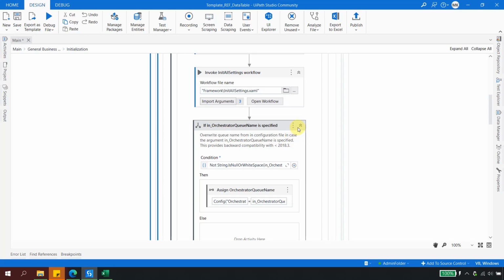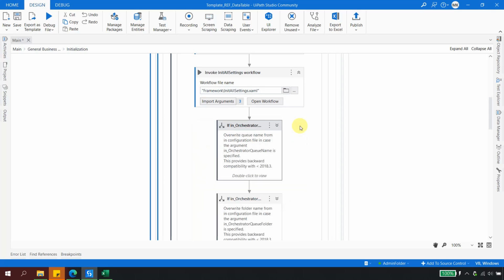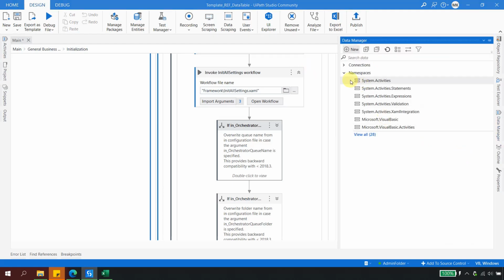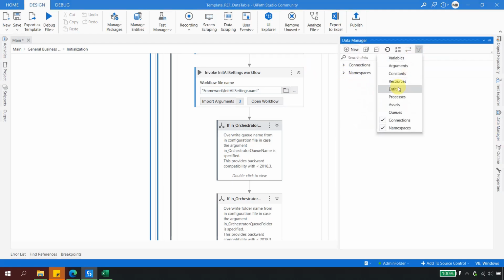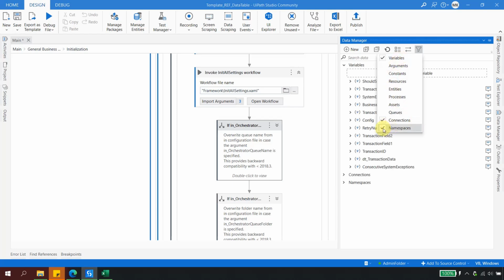Am I going to use the orchestrator queue? The answer is no, because in this template we have changed the RE framework to work with a data table. So if you simply go to the data manager and open the variables here,